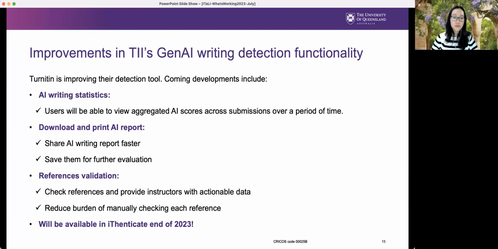So it will reduce the burden of manually checking each reference. And the last development will be in Authenticate. The generative AI detection will be available in Authenticate at the end of 2023. Yep, so that is some of the update about the tool.